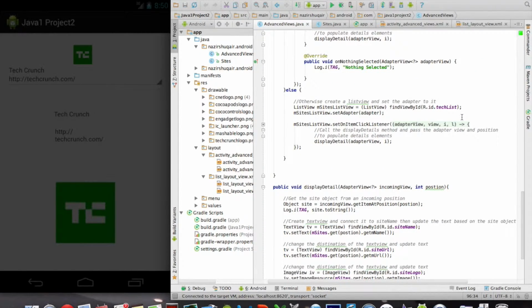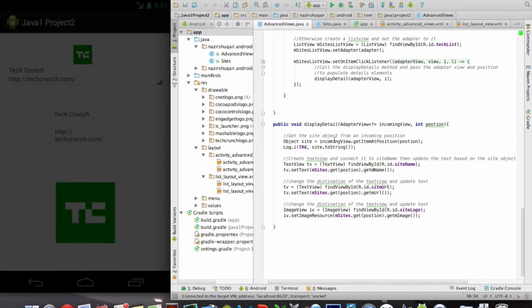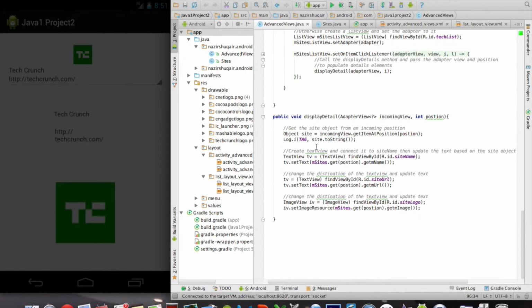Now, if it's in landscape view, it skips that code up here and it creates a list view instead, sets the adapter to that list view, and then calls that same method when an item is clicked. So when an item is clicked, it goes down to the display detail method, which populates the details section. It creates an object here based on the position that was clicked,